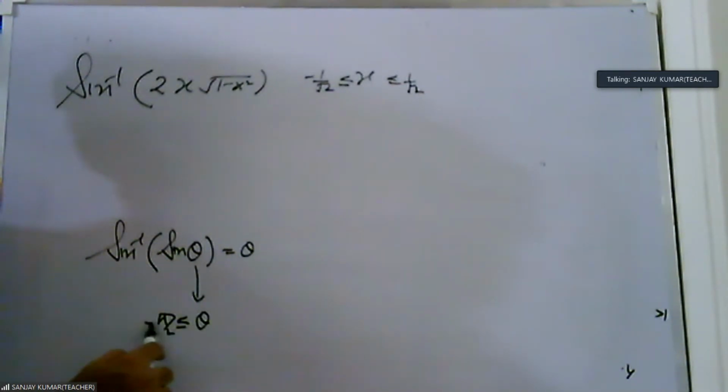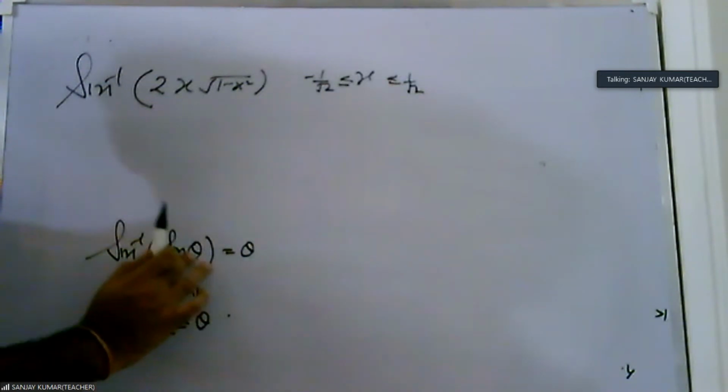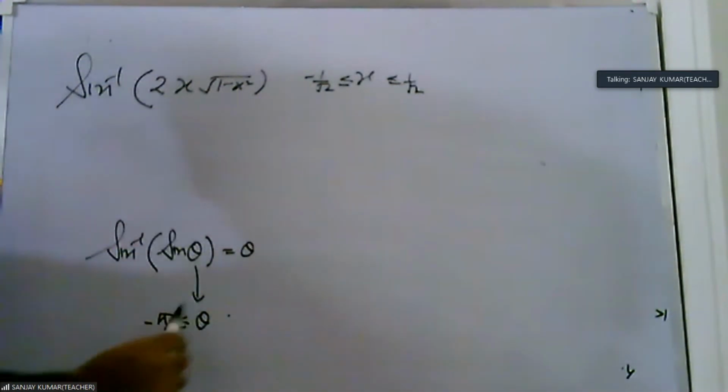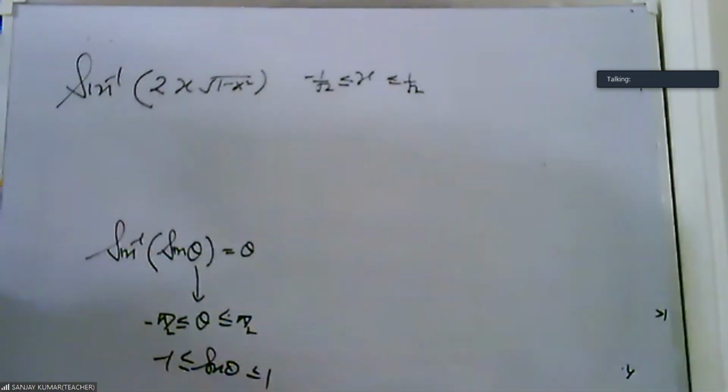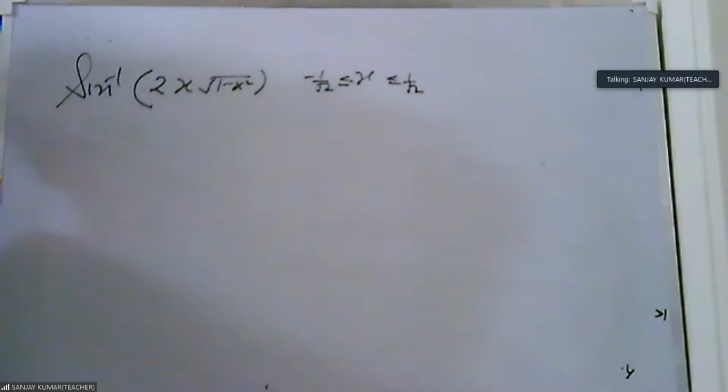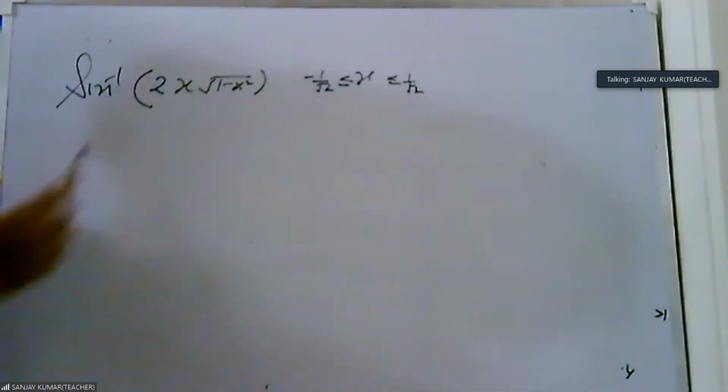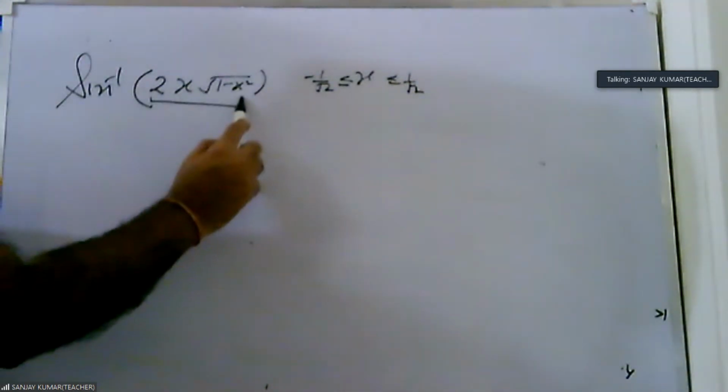This is a very important thing. It lies between minus 1 to 1. Yani theta lies between minus pi by 2 to pi by 2, or sin theta lies between minus 1 to 1. Both are the same thing. Okay, आपका जब तक sin theta इस values के बीच में नहीं है, you cannot cancel sin with sin. But here they have given x, so it is very difficult to see whether it lies between minus 1 and 1. Okay, this is the important part of this, the technical thing included in the university. Okay, now how do we start this question? हम कैसे start करेंगे? Actually, we convert this total expression in sine.